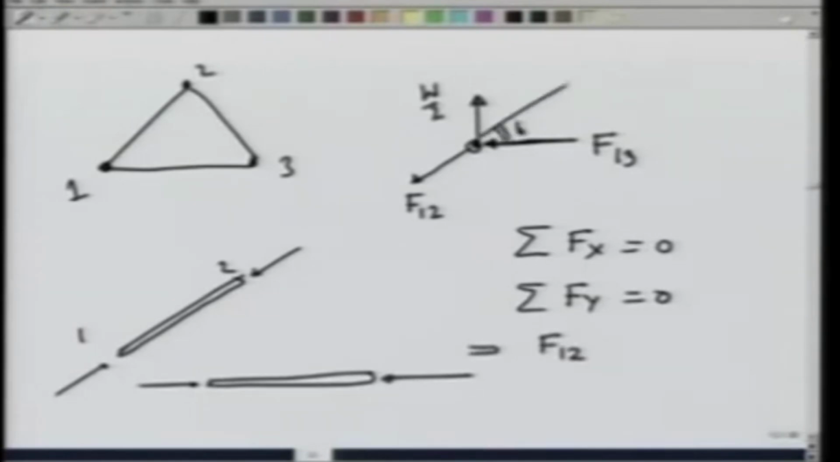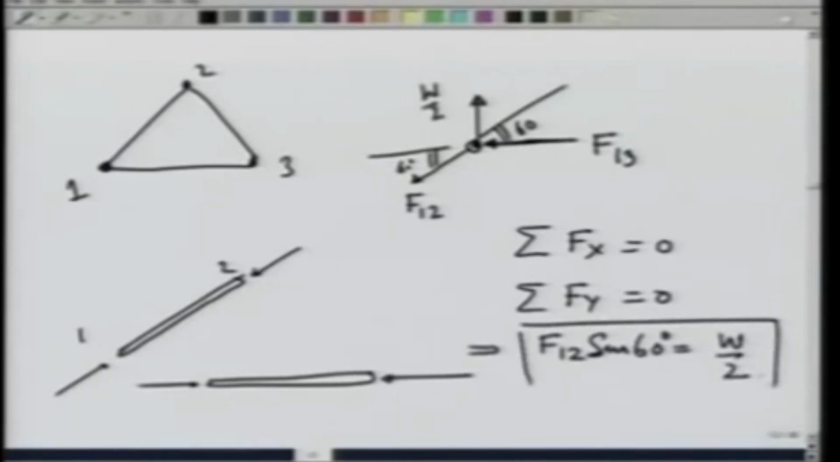This gives me that F 1, 2, this is 60 degrees, so would be this. So, F 1, 2 sine of 60 degrees is equal to W over 2, and that gives me F 1, 2. Similarly,